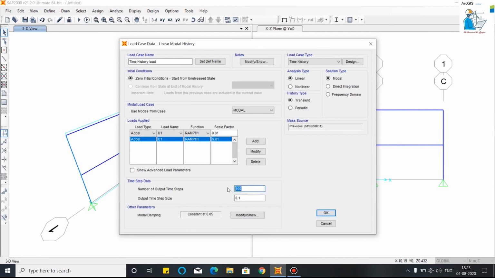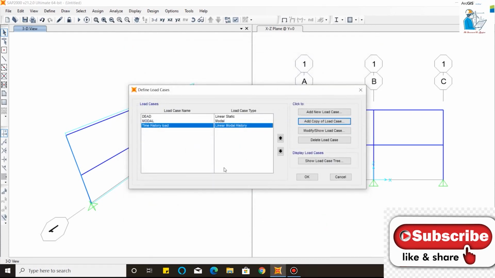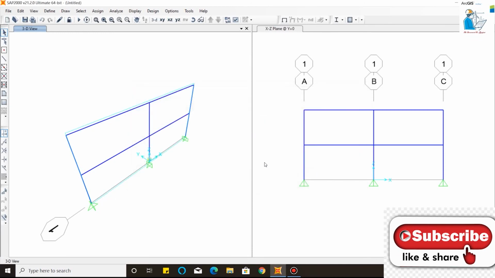I will increase the number of steps to 500 and my time step size is 0.02. Click on OK. Now your modal load and time history load are created. Click OK.